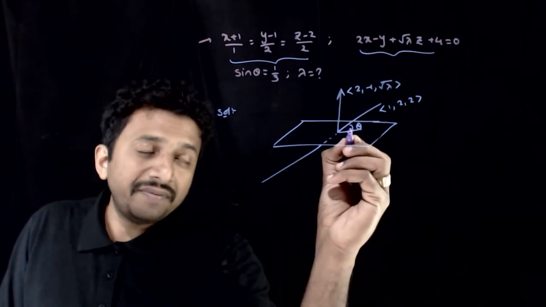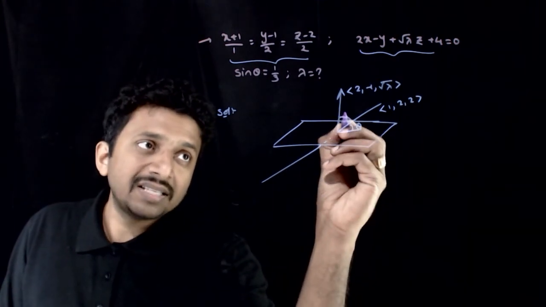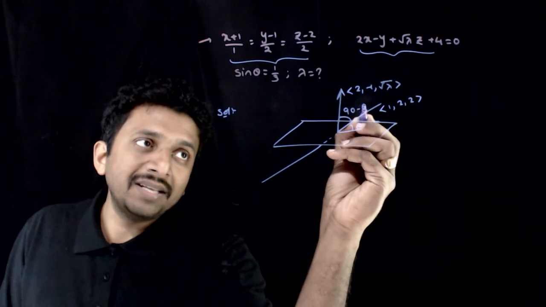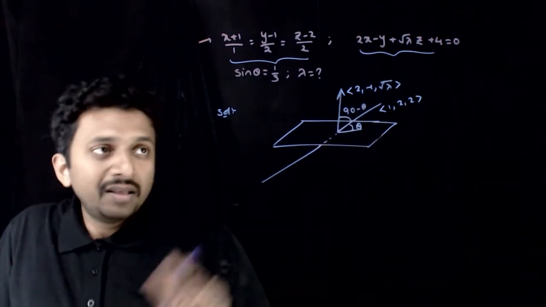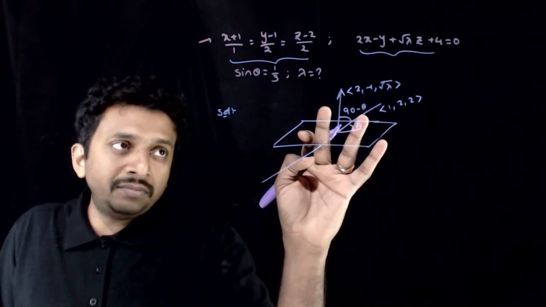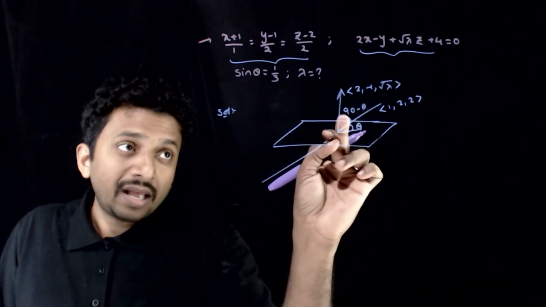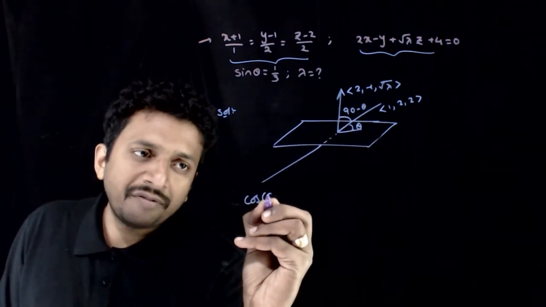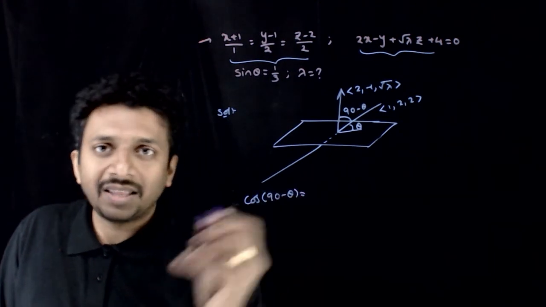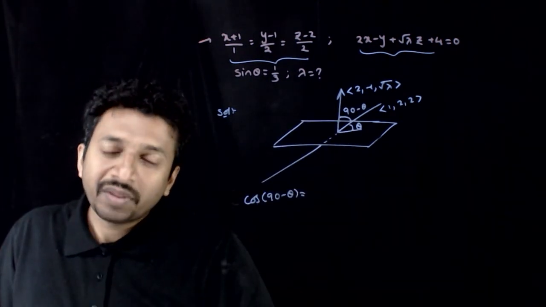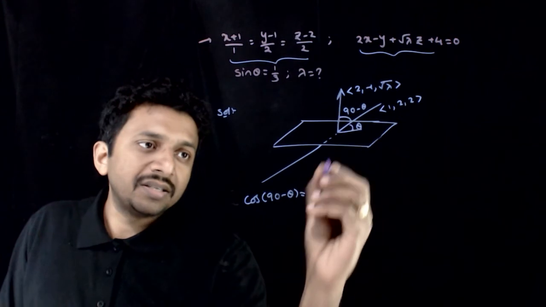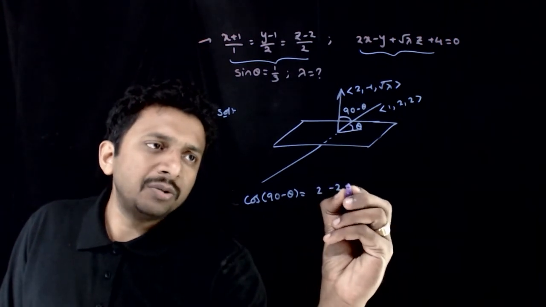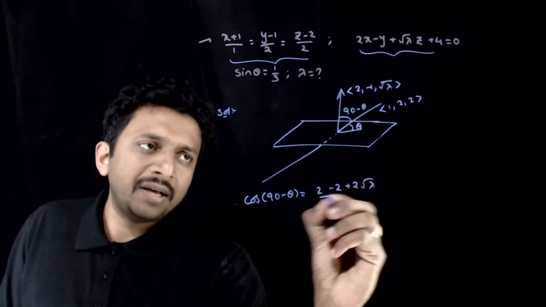Now as you can see, if this angle is theta, this angle is 90 minus theta. Now you have two vectors whose directions are known and the angle between them is 90 minus theta. So cos of 90 minus theta is nothing but the dot product of these two vectors divided by the product of magnitudes. It is 2 minus 2 plus 2 root lambda divided by